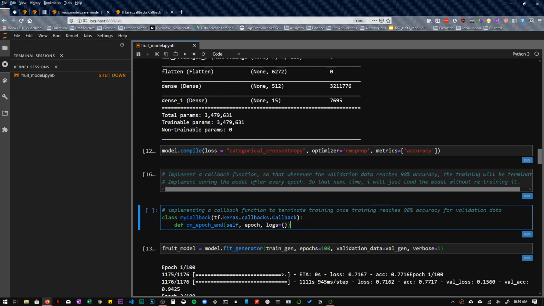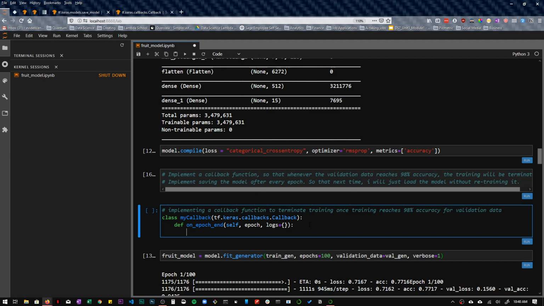And then to write this, we'll do if logs.get. Well, I want on epoch end, so let's go back to this.